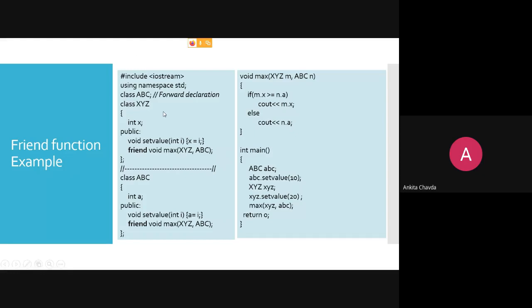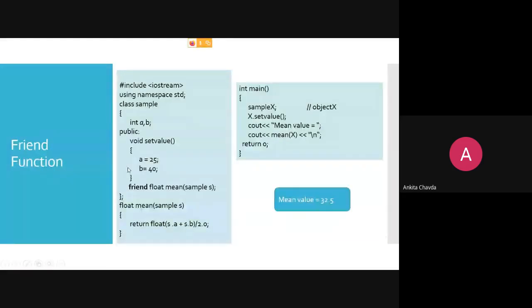So in the same way here I'm having class XYZ. I'm having one variable over here, maybe my marks or something, right? I'm setting that value and now I'm declaring a friend function, void max, because this will use two different classes, XYZ and ABC. It has one member from each. In my previous example, I was having two members A and B, but that was from the same class.